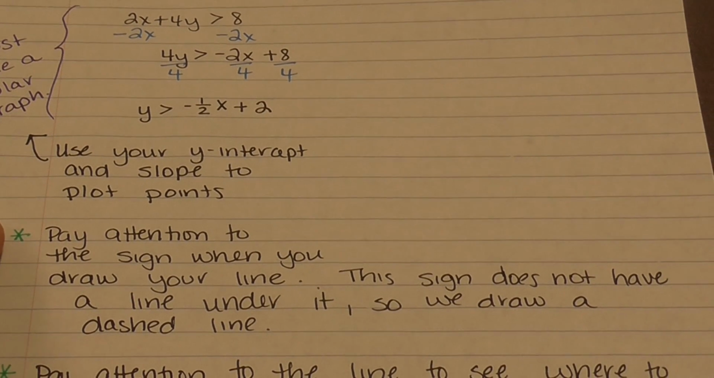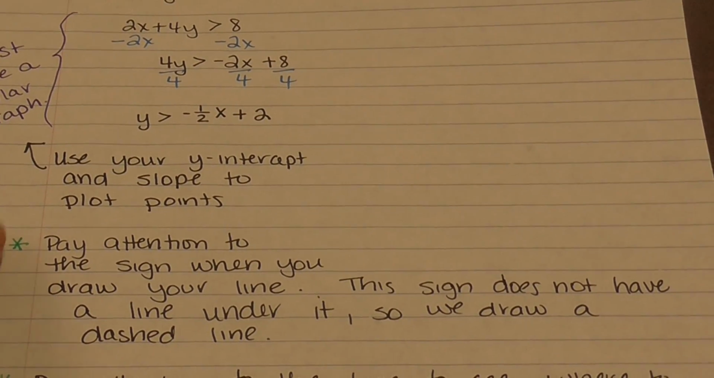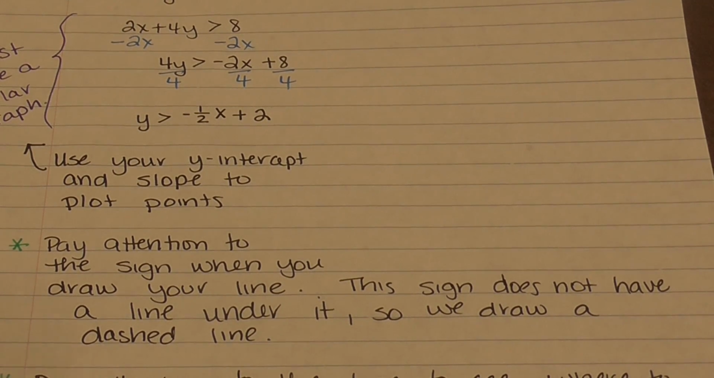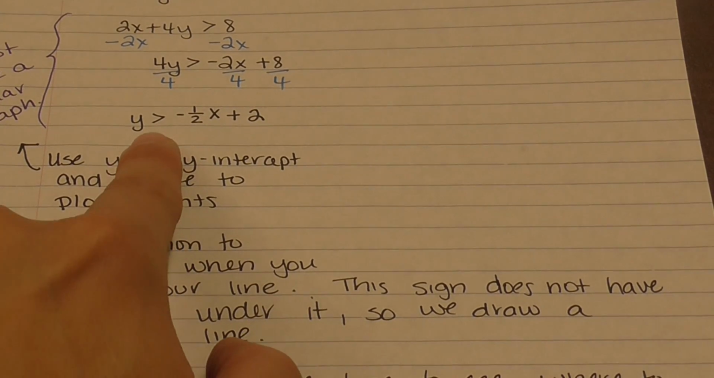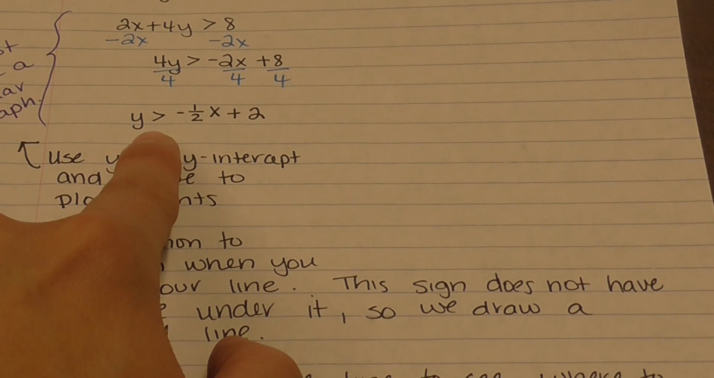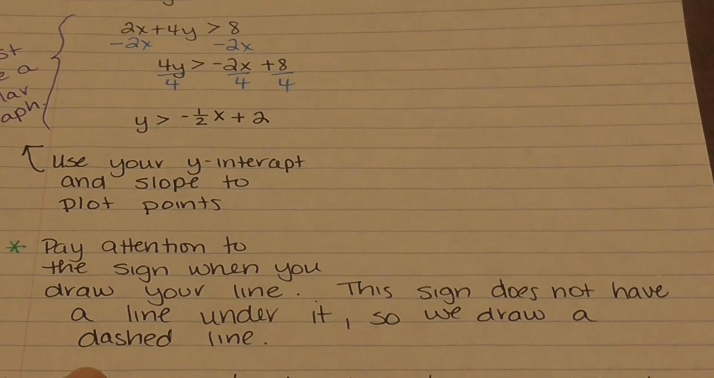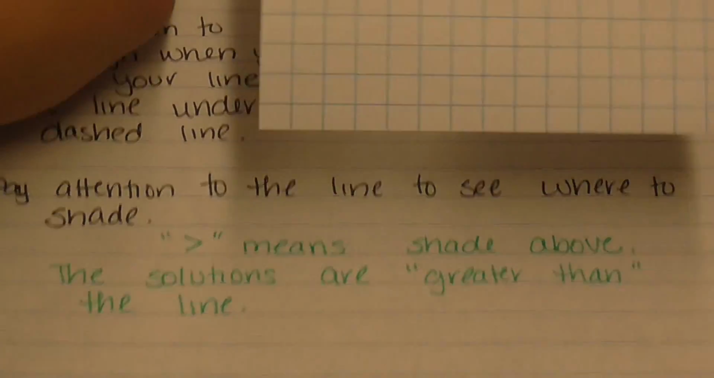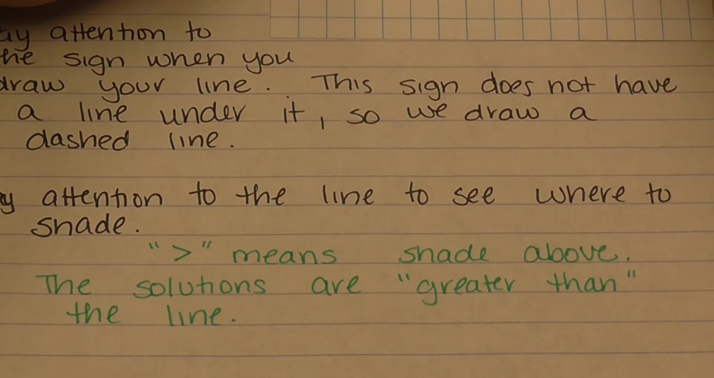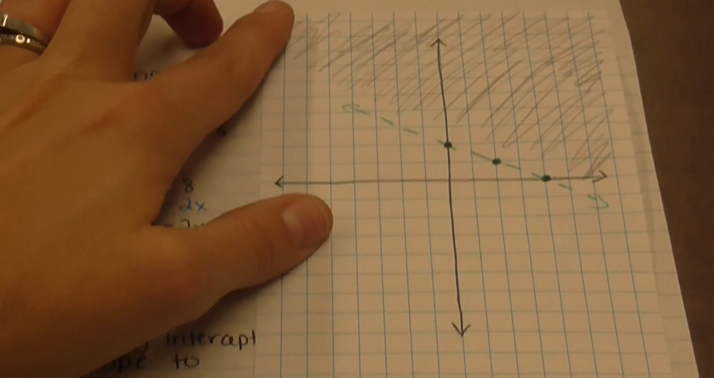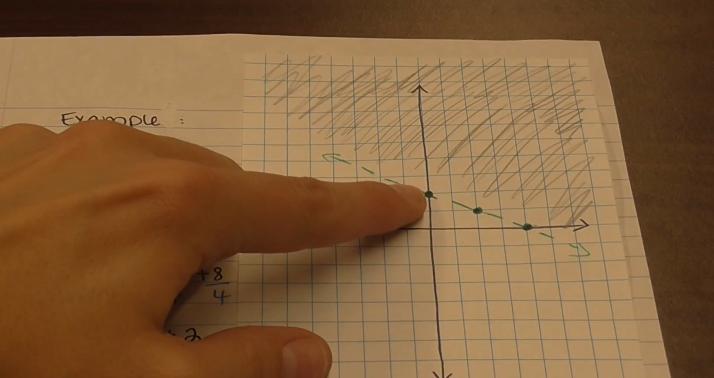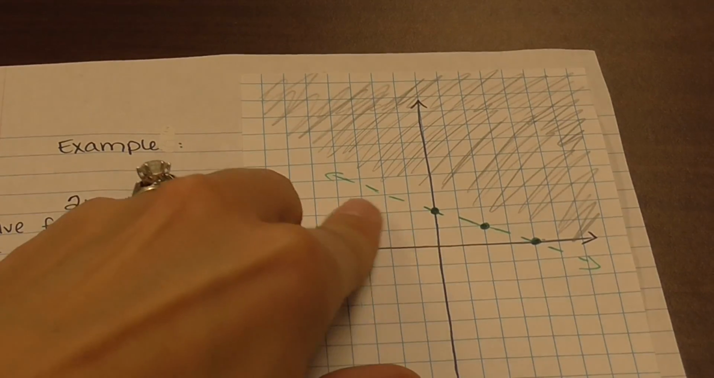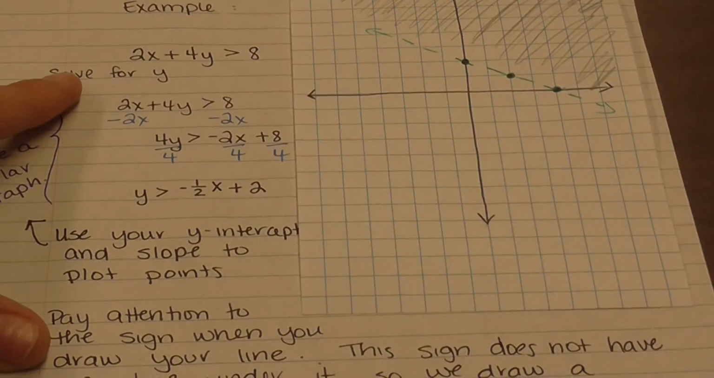So now we have to pay attention to the sign as we actually draw the line through those dots. This sign does not have a line under it. So if we look here, it's not y is greater than or equal to, it's just y is greater than. This means I need to use a dashed line. So as I put the graph back on the paper, I plotted at 2, I went down 1 and to the right, down 1 and to the right, I drew in my dashed line,